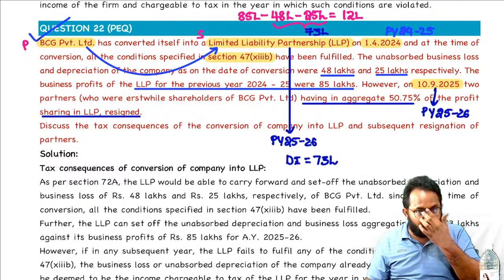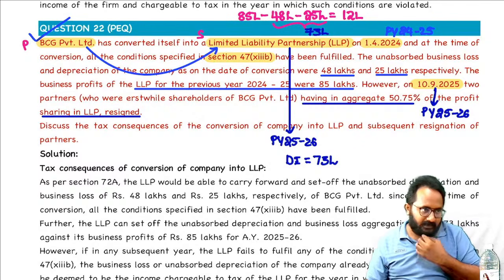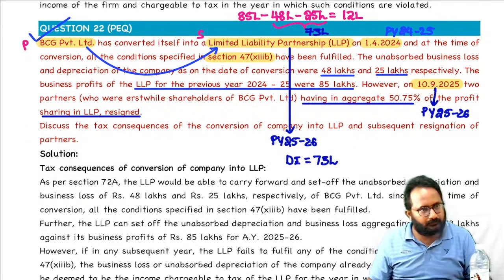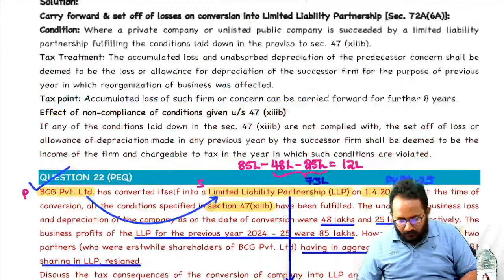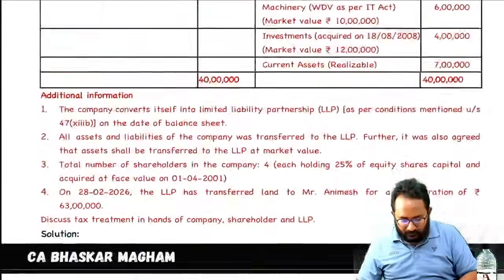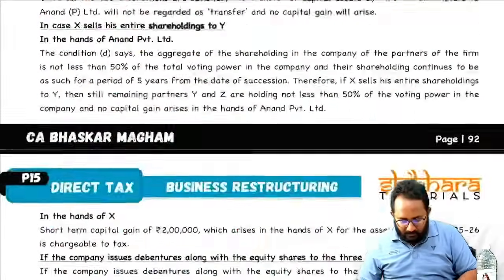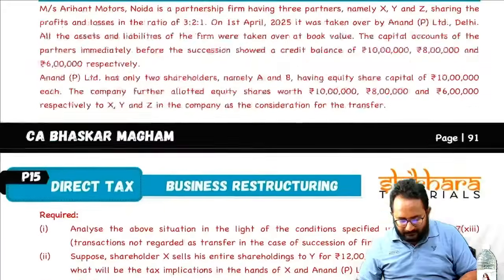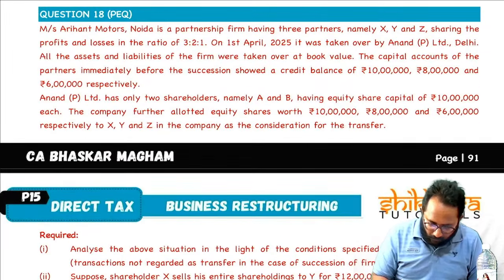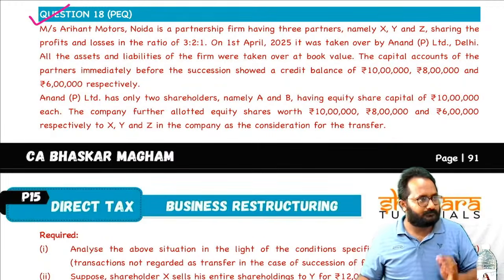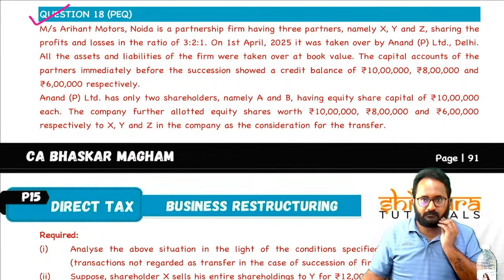Easy or difficult? This question was given for 7 marks in December 23 or June 23. So now we'll discuss the last attempt question. You can expect this type of question even though you felt it was a speed question. Listen carefully. Okay. Now,